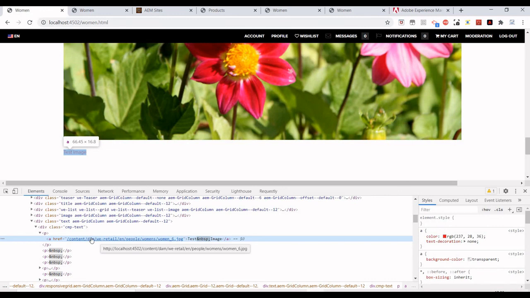So how can we remove it? Or maybe my requirement is that I am going to put CDN URLs over here, or if you are doing Dynamic Media, maybe I want to append the Dynamic Media URL over here. So how can we do that? In my next video, we are going to write a custom rewriter, and we'll see how we can achieve it.